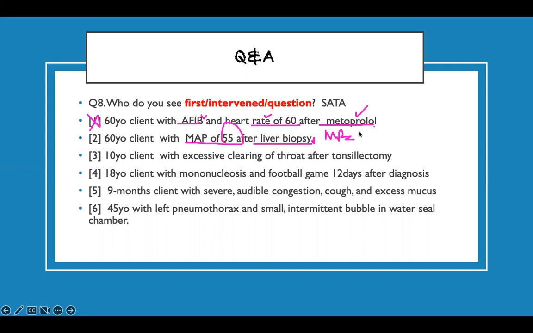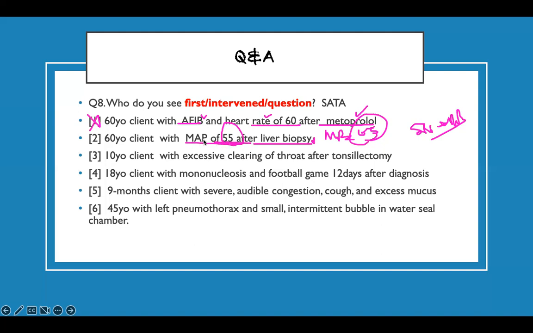MAP is what? It has to be at least 65. And what does the MAP come from? Systolic blood pressure and diastolic blood pressure. They all come from that. If any of them is low, expect your MAP to be low. I don't want to do too much calculation, the formula. No. If any of them is low, systolic, diastolic, any of them is low, your MAP is going to be